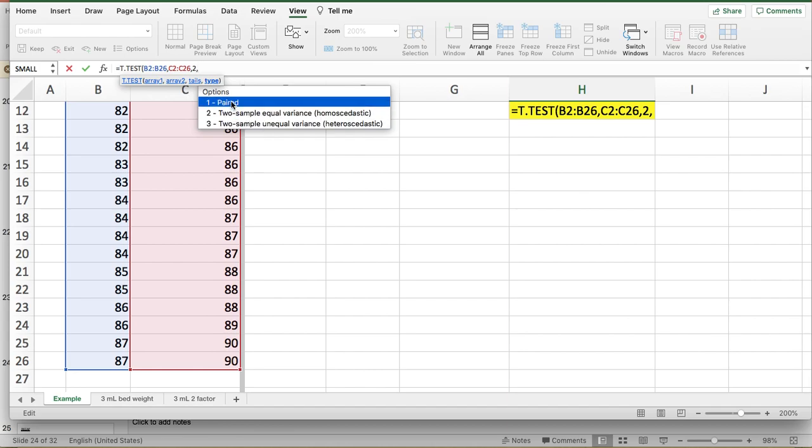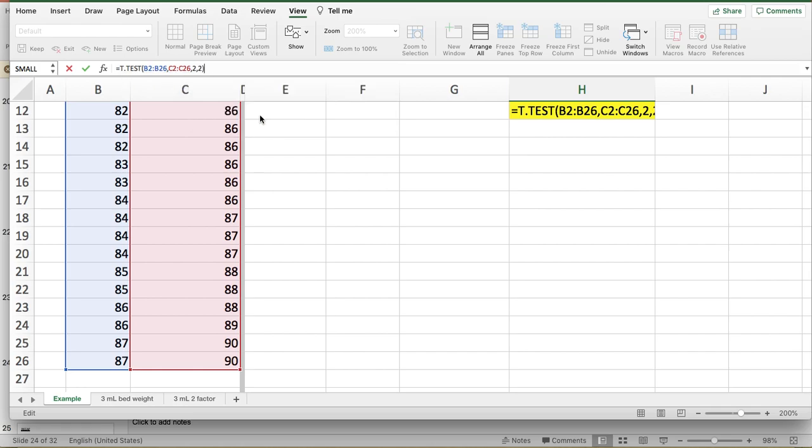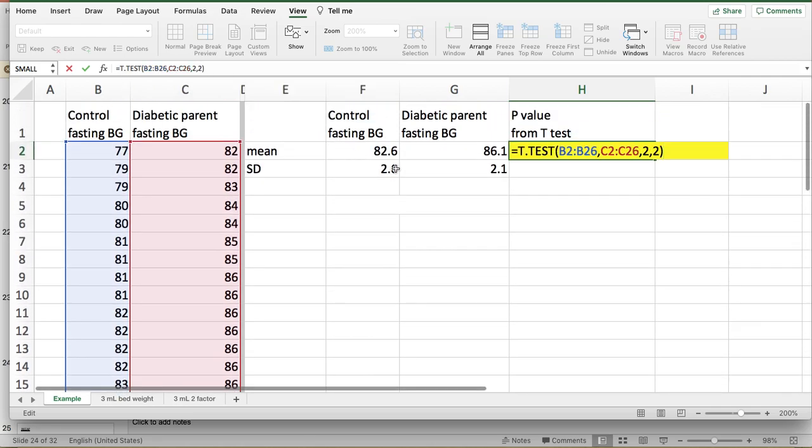Paired would be if it was the same individual measured between 2 time points, say before or after a treatment. But that's not our case here. So we'll say 2 sample equal variance. As a general rule of thumb, we can look at the standard deviations. If one standard deviation was more than double the other, we would say it would be unequal variance. That's just a general rule of thumb. However, there are statistical tests that can be used, namely the F-test for equal variance, but we'll just keep this